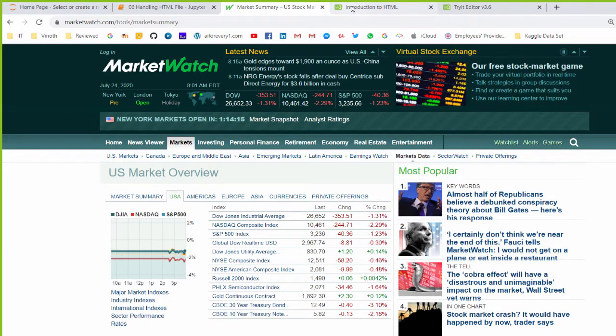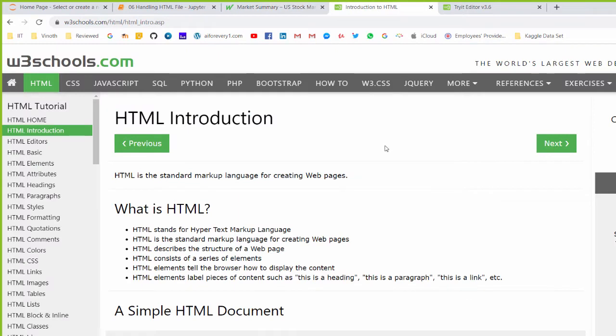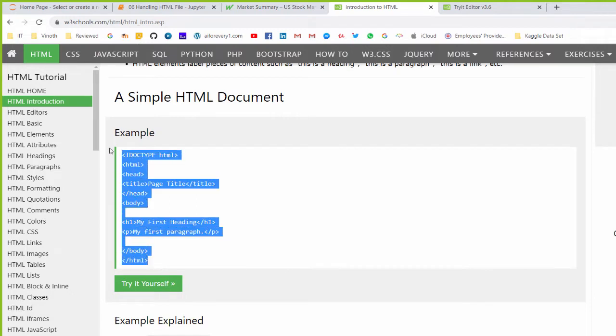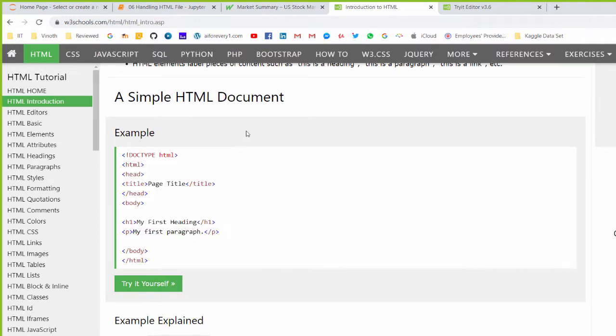Before we see the pandas code, we must know a little about HTML, so that it will be easy for us to understand these concepts. HTML means hypertext markup language, which is used for designing web pages. The format starts with html, then head, then body.